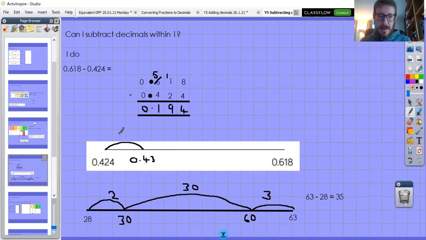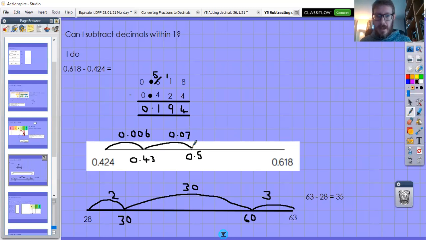I'm going to need to count up 6 thousandths, so 0.006. Because I'm using my number bonds to 10, aren't I? So 4 add the 6 will give me another hundredth, which will give me 3 hundredths, and I've exchanged it across. So from there, I'm going to go to the nearest tenth. So from 0.4, I'm going to count up to 0.5. And then to get up to 0.5, I'm going to add on 7 hundredths,